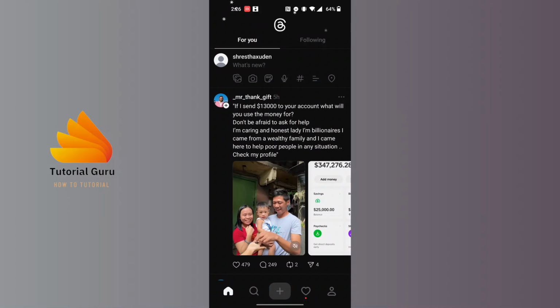And after opening your Threads app, guys, on this interface you land over here, which is the home interface of the Threads app. And at the bottom right corner of the screen you can see the profile or person icon available for us. Tap on the profile or the person icon at the bottom right corner of the screen,